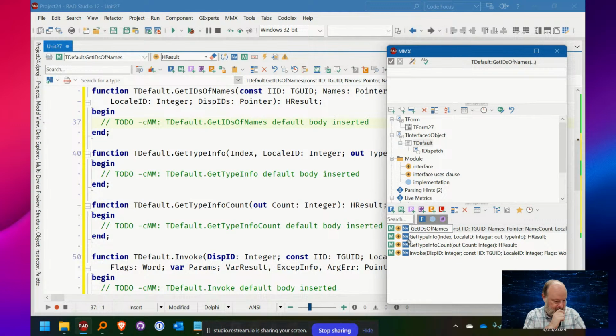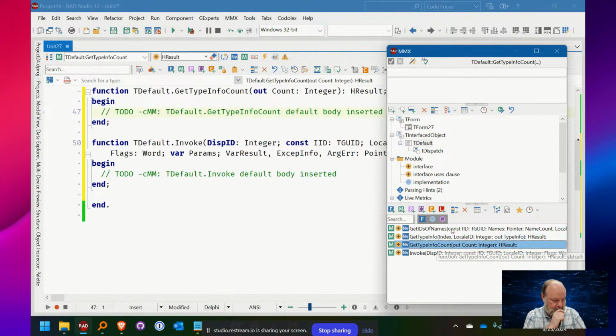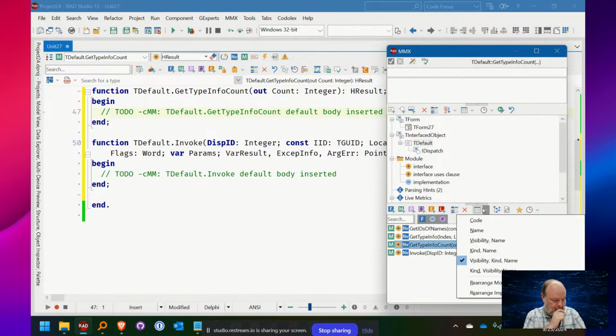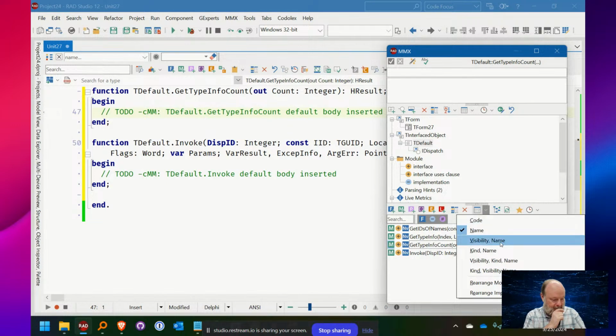I can just drag. Nope. I can rename them. How do I reorder them? So there's a reorder, order by, here we go. So I can say order by name, and it will resort them.